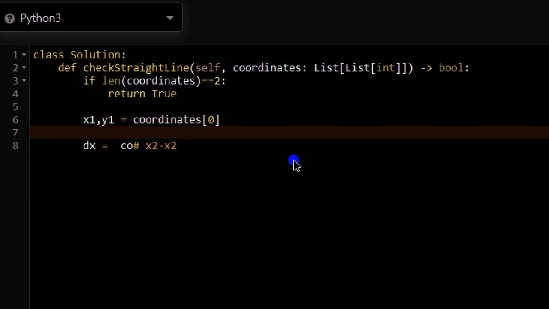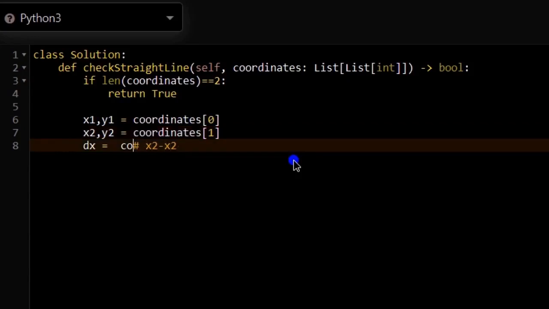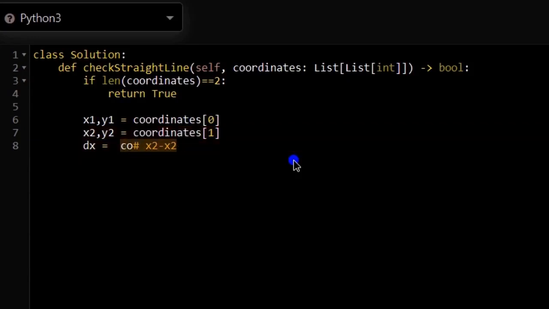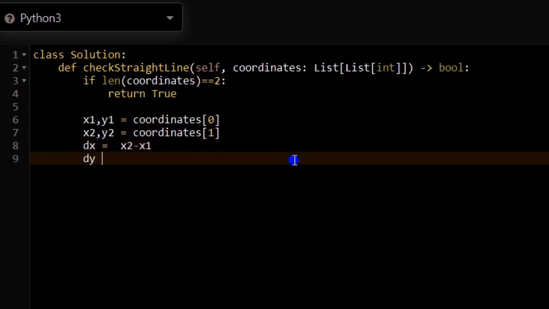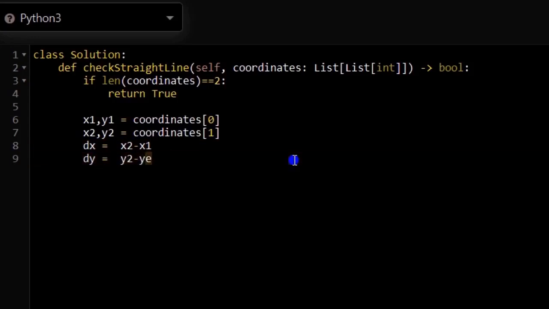We can also find x2 and y2, so x2 comma y2 will be the coordinates of point 1. So now dx will be simply x2 minus x1, and dy will be y2 minus y1, right?